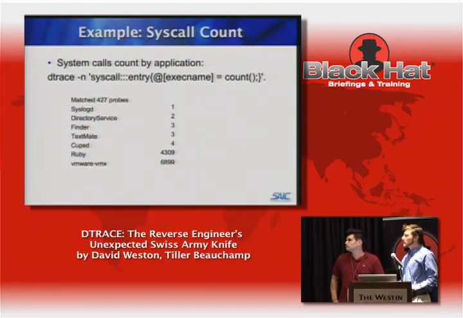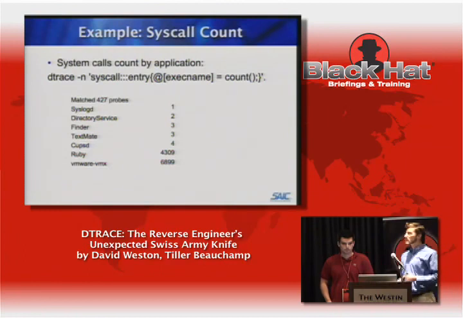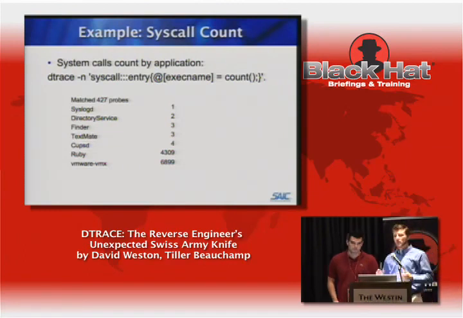You can see VMware VMX has got almost 7,000 syscalls. So from here we're able to see what's going on across the whole system, what's using the most resources. So typically what you'd want to do from here is say, something's going on with VMware. Let me dig down deeper. Let me trace only VMware and monitor which system calls it's making so I can figure out what it's doing